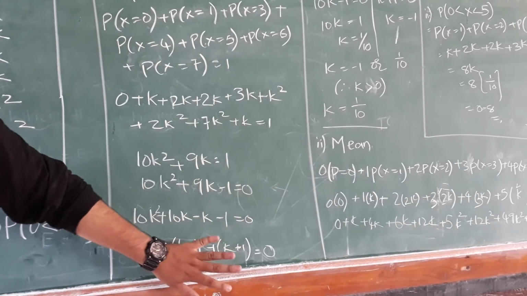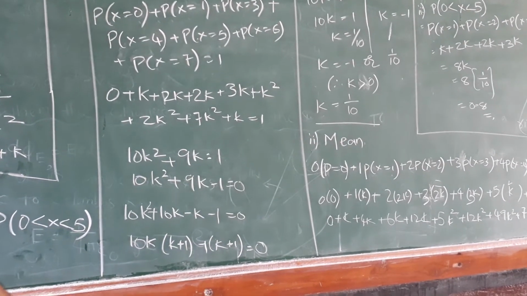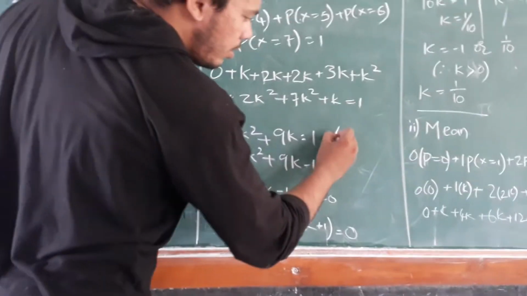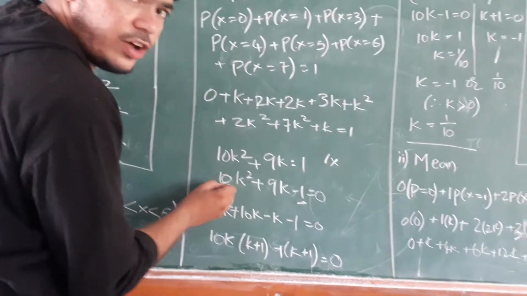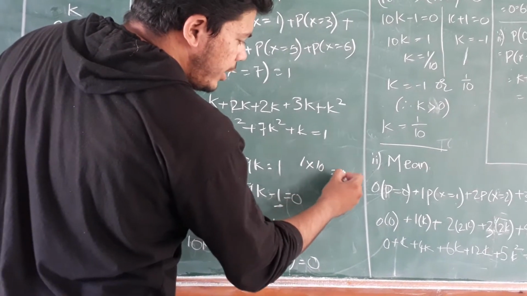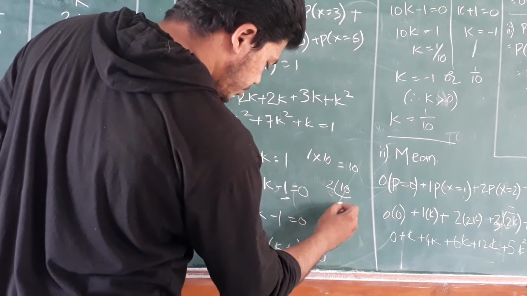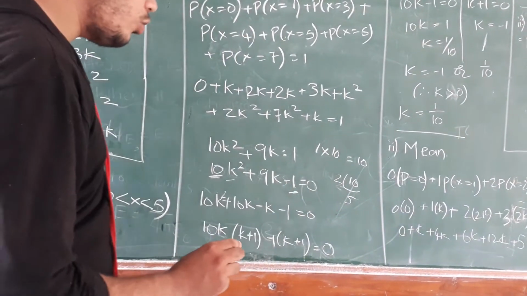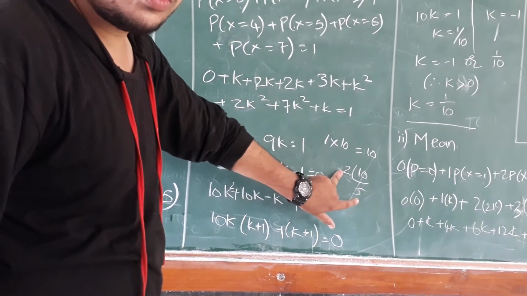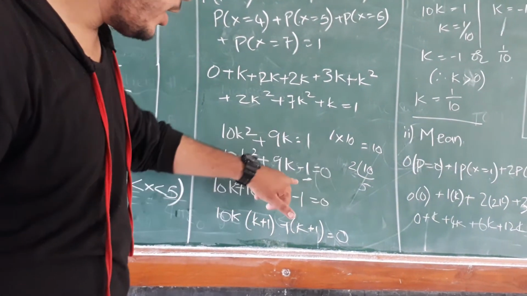Now we are doing factorization. I think you all know factorization, but I want to spare half a minute for it. How do we do the factorization? The constant number is 1. It should be multiplied with the first coefficient, 10. 1 into 10 is 10. That 10 we have to factorize. 2 fives are 10. So 5 and 2 are there; we should add or subtract them, or do something, to get this middle number.